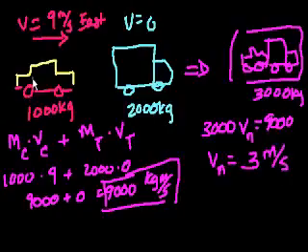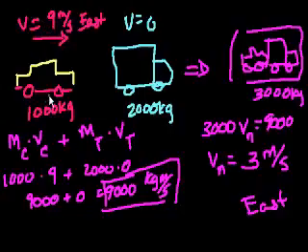You have a relatively light car moving at 9 meters per second into a stationary truck. Then it smacks the truck, and they move together. The combined object is going to be moving to the east. We'll do more later, but we assume that a positive velocity is east. If somehow we ended up with a negative, it would have been west.